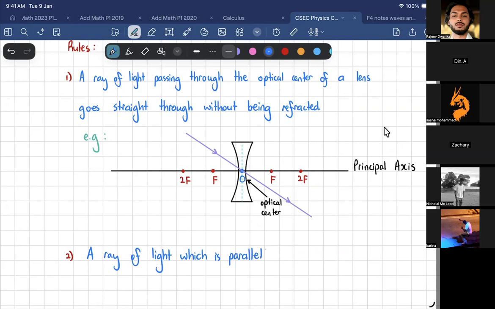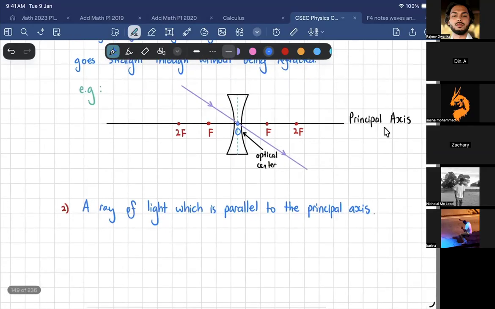A ray of light, which is parallel to the principal axis, after refraction, appears to be coming